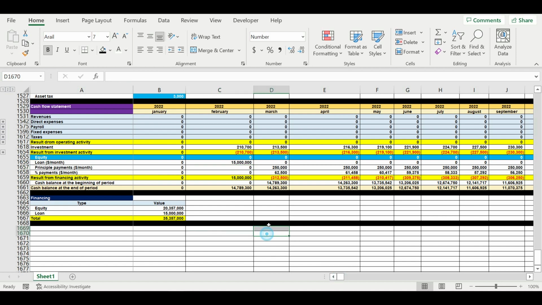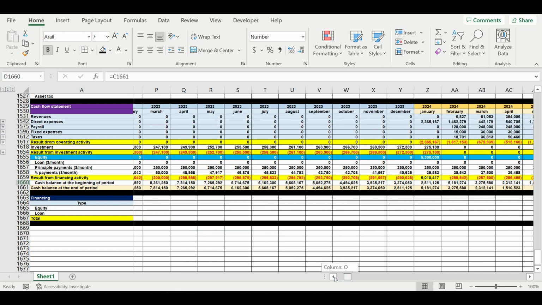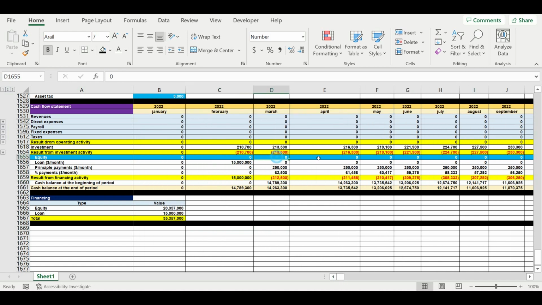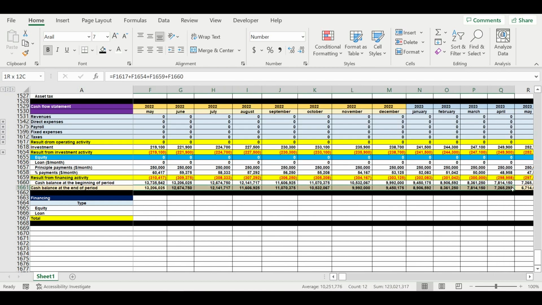So now we can see how much financing we need, but this is manual, so you have to manually put values here, see what is happening inside the cash balance at the end of the period, search for negative values, and then